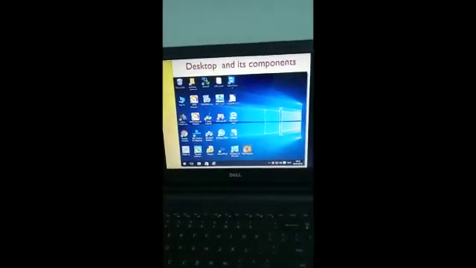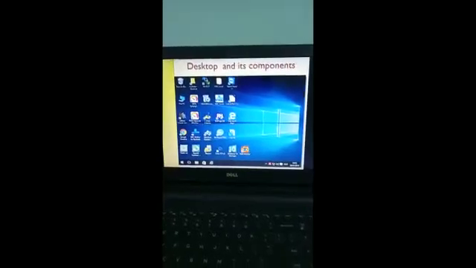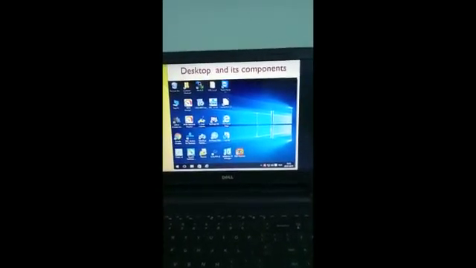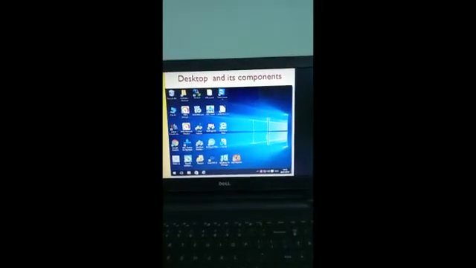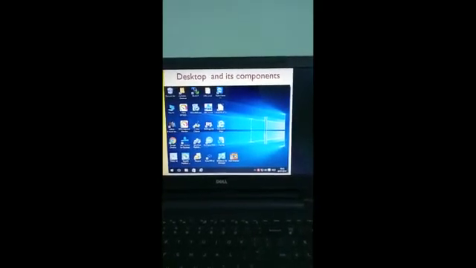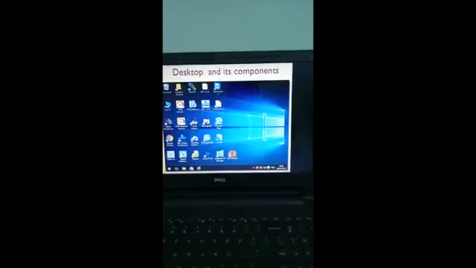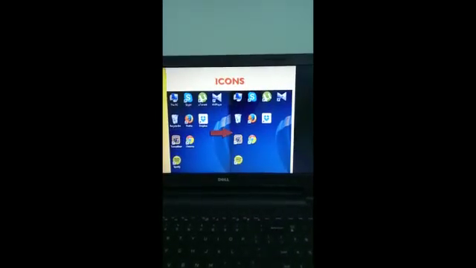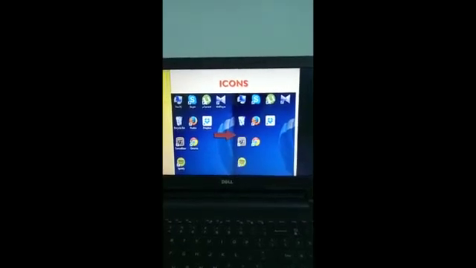Now let us learn about desktop and its components. As we open the window, we will find the screen or the desktop as you see on the screen. And what do we find? Icons.